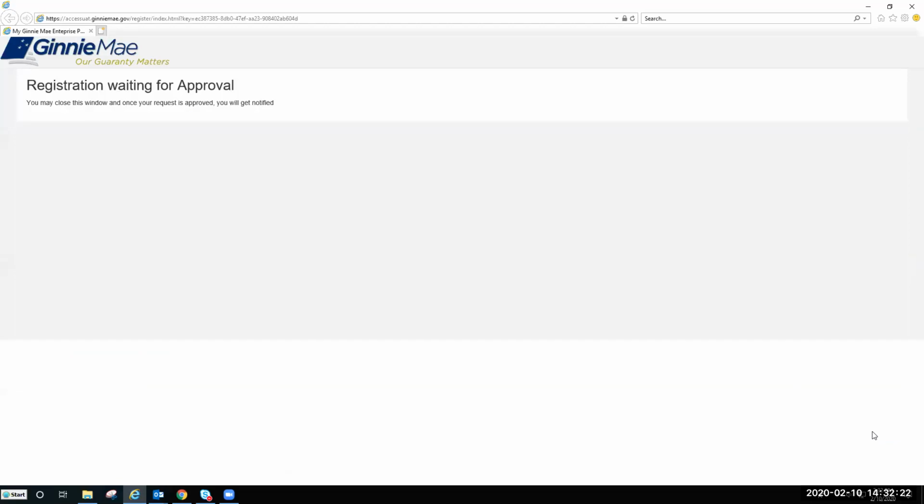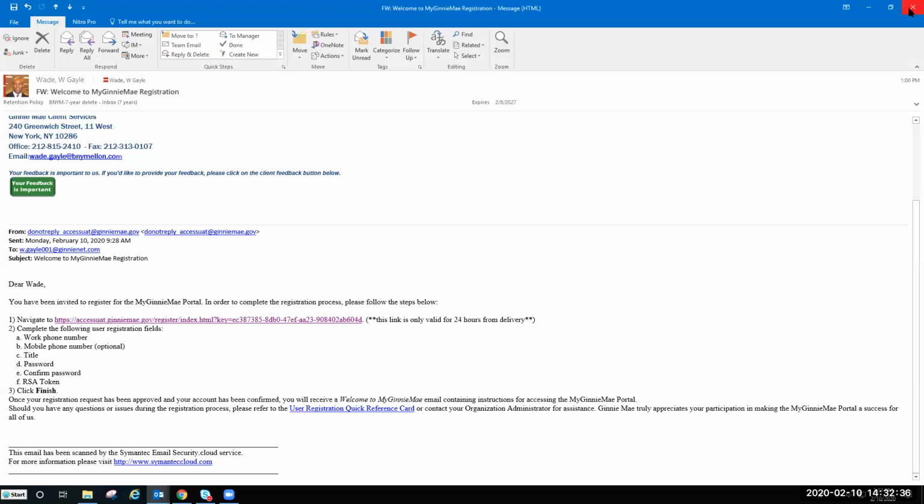And once you click finish, a registration waiting for approval message will appear, and you can now go ahead and close the screen. So the user registration is complete, and once the request is approved and access is granted to you, you will